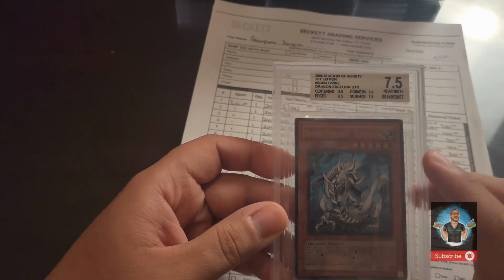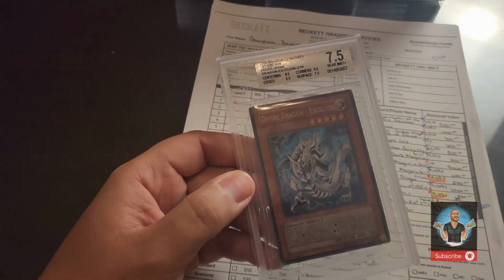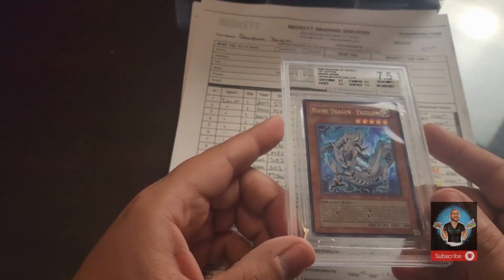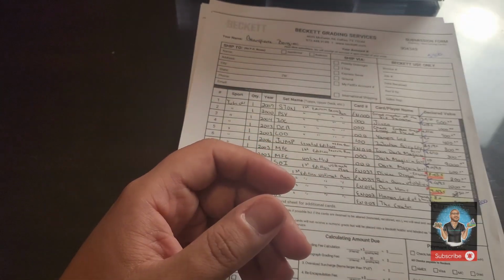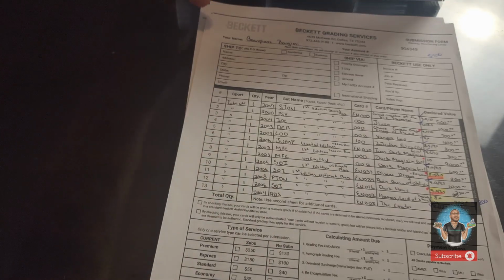On top of that, I don't think it's worth it. Even at an 8.5, it's a $200 card. So the most I'm going to do with this is contest it to see if we can get this up to an 8, and then the card would be worth about $200. I think this is the most inexpensive card we graded. Next we have